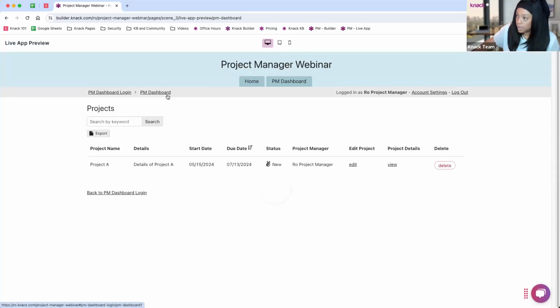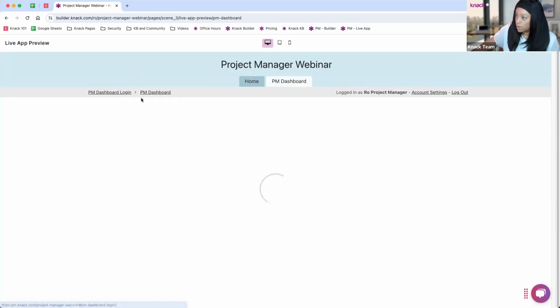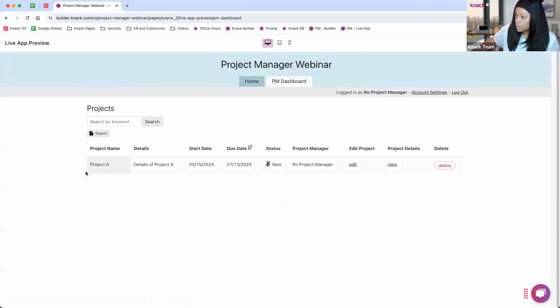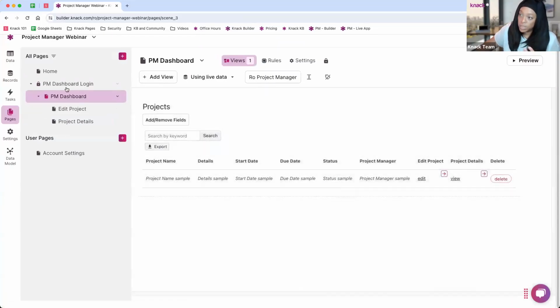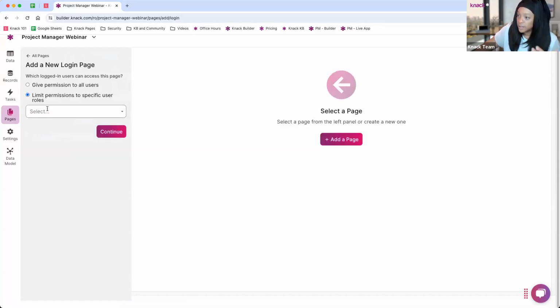And again, going back here, we have our login page. This is going to show all our projects for our logged in project manager. So I'm going to stop preview here. And then we could just rinse and repeat now for our team members if we want the team member to log in and only see tasks that were assigned to them. So for example, we can go into here, we can say login, limit permissions, rinse and repeat, team members,